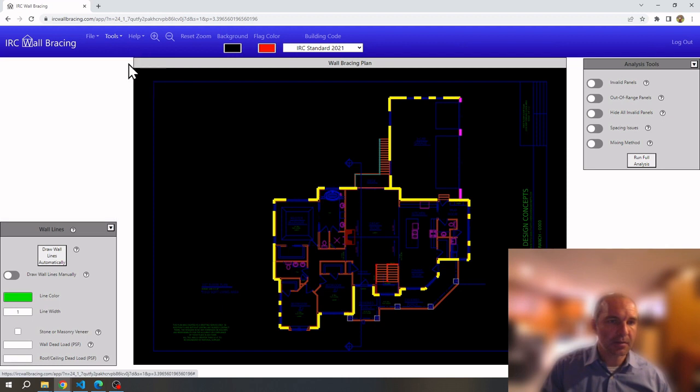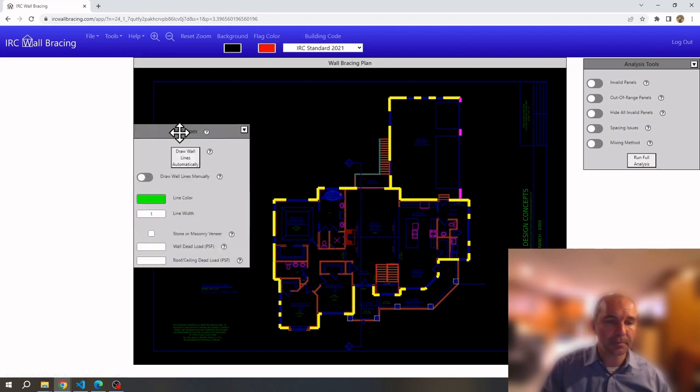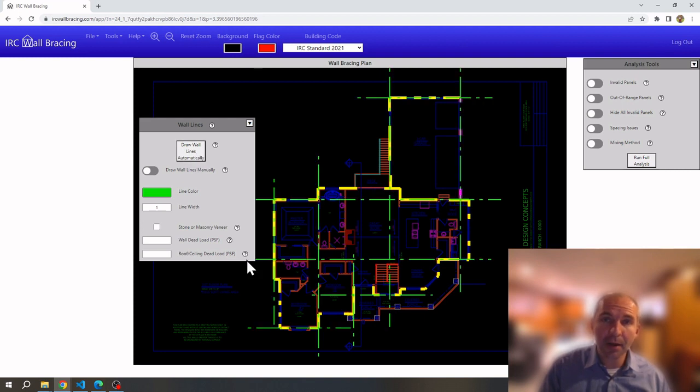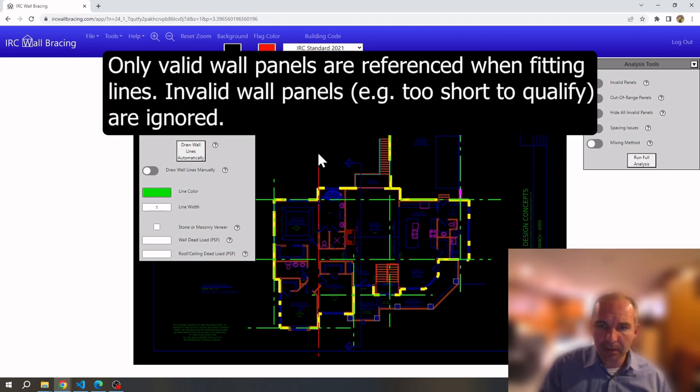Let's hide this box, and now moving on to wall lines. Because my building code is set to the standard IRC, I'll be drawing wall lines instead of boxes, but I'll show boxes next. I like to use this button first, which draws wall lines roughly where wall panels are found. Now you may need to edit your wall lines. Like this wall line right here is only present because of that wall panel and that wall panel, and so